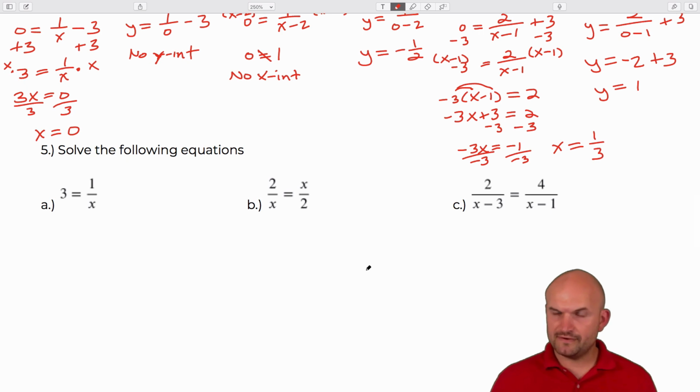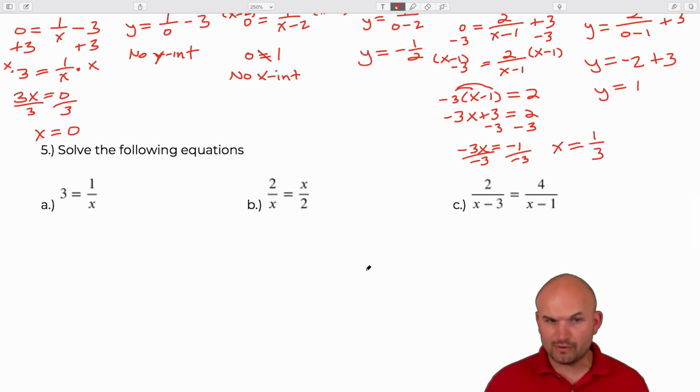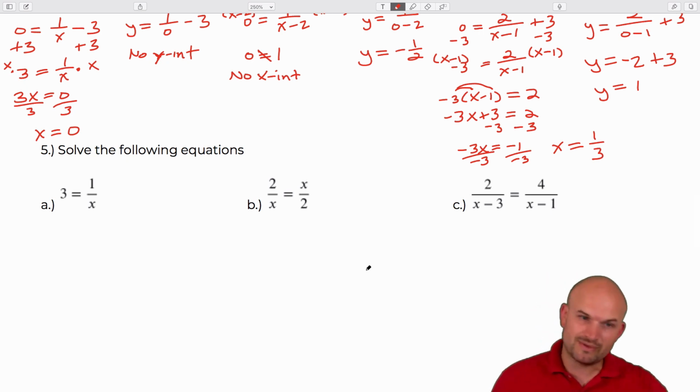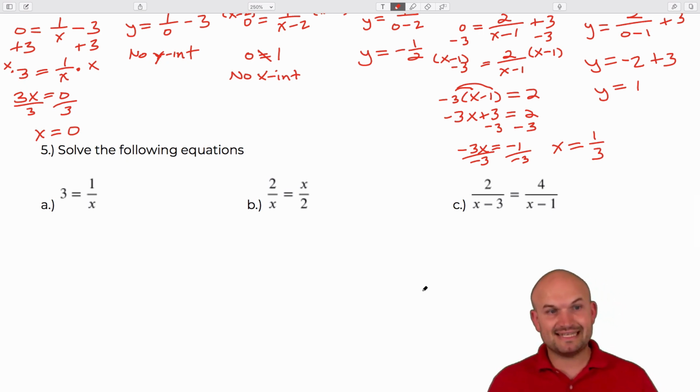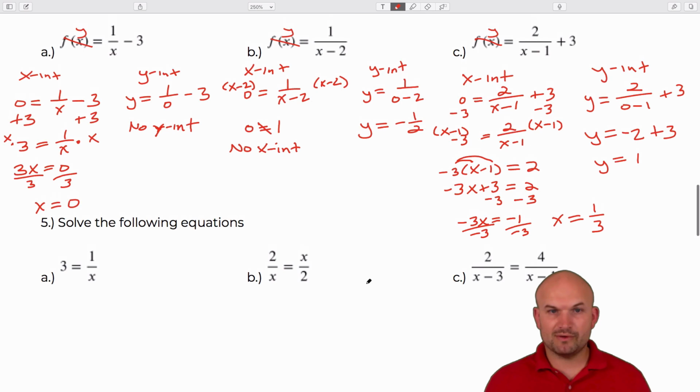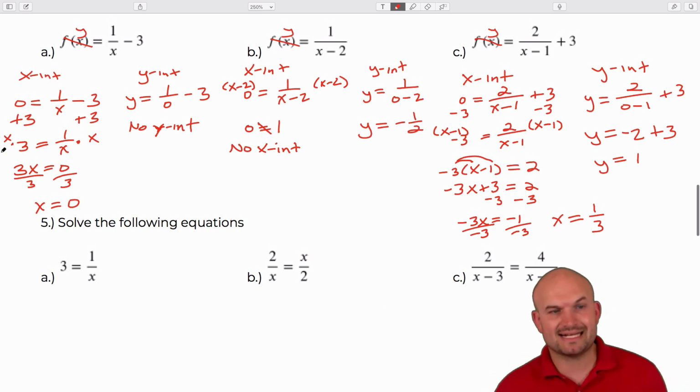One thing, though, that often gets forgotten, especially when we're doing rational equations, is remembering you can't solve for x when it's in the denominator. So we have to get the x off the denominator. So there were a couple examples where I did this in the solving for the x and y-intercept. See here, my x was in the denominator. So to get rid of my x, I multiplied by an x on both sides. By doing that,